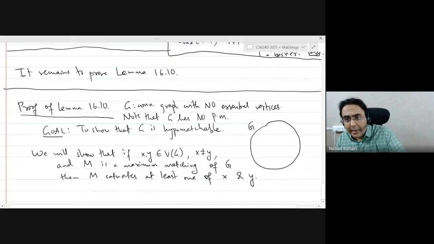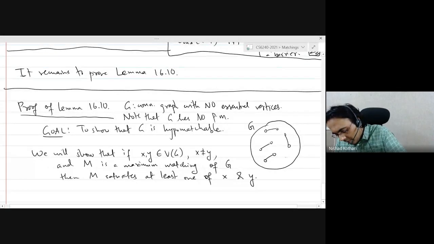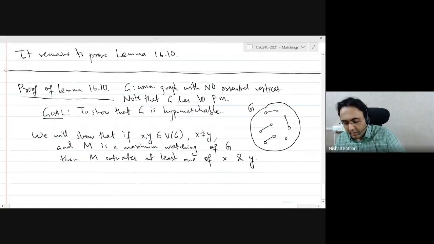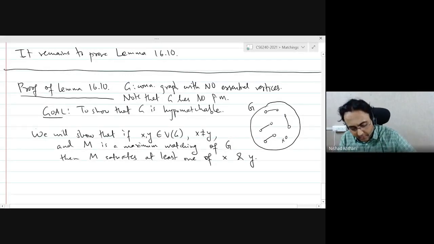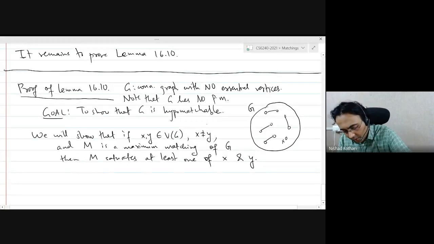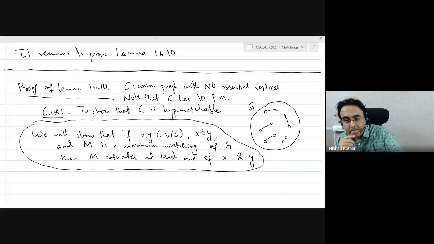So you take any maximum matching in the graph. Some vertex will be unmatched because the graph does not have a perfect matching, right? So if you think of this as your vertex x, then what this statement is saying is that all other vertices are matched by the matching M, right?